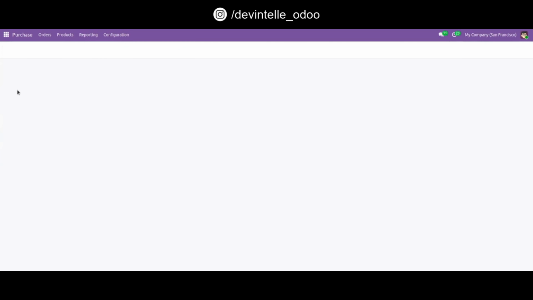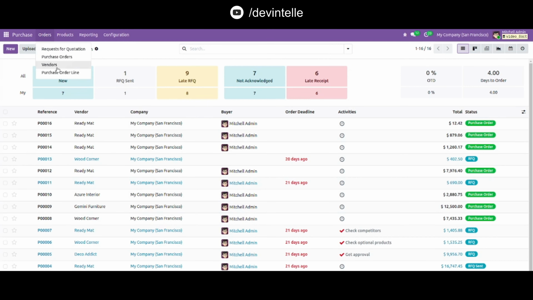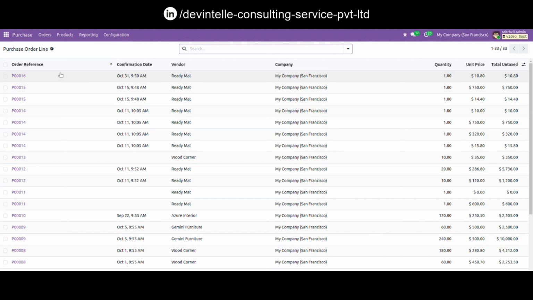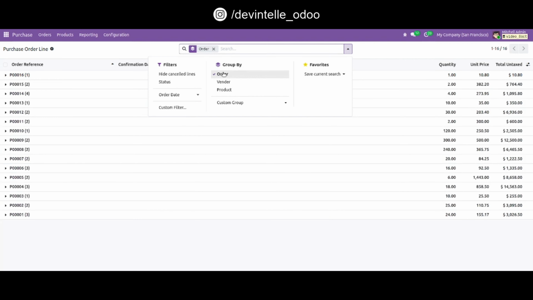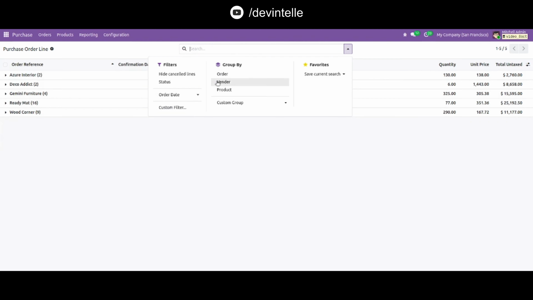First go to purchase app, go to order and see here the separate menu purchase order line. Now click on it and you can easily see here display purchase order line and also display group by order, vendor and product. I want to select first order, so display here all order in display vendor wise and also display